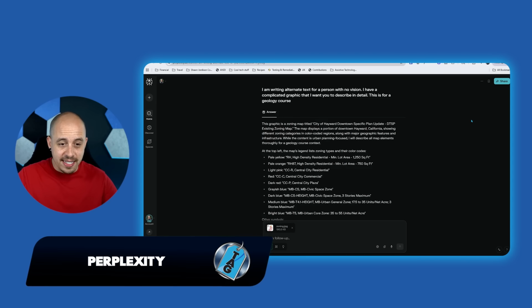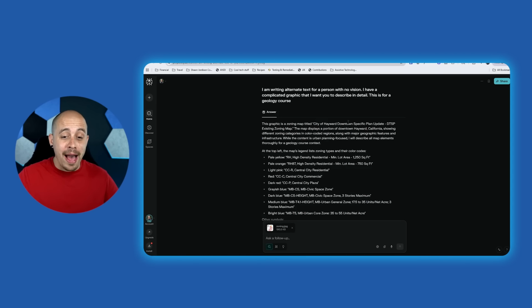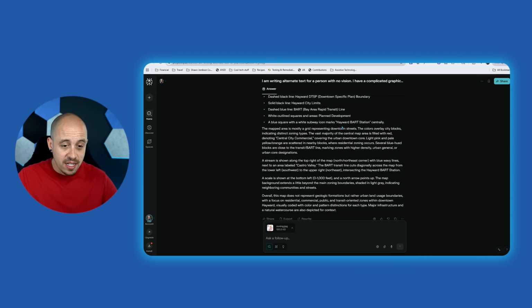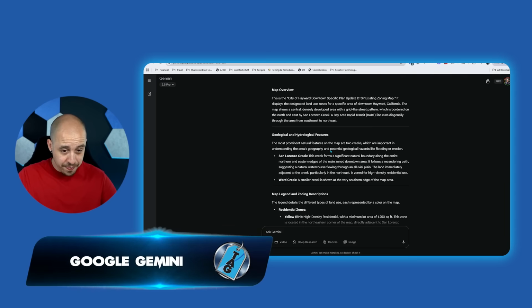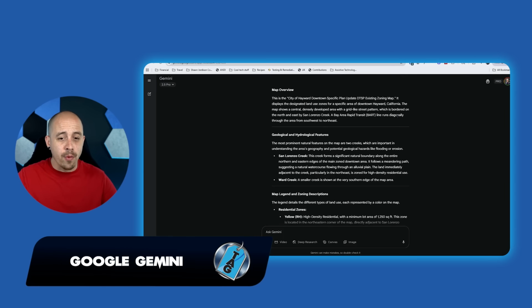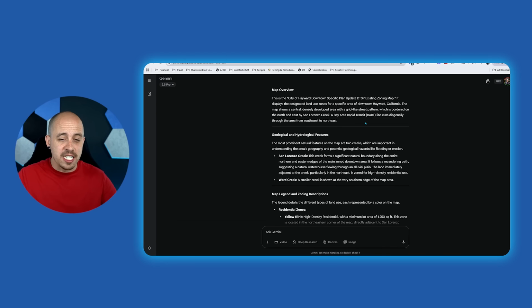So Perplexity said, the graphic is a zoning map titled City of Hayward Downtown Specific Plan Updates at the top left. Awesome. It gives us the overall content. That's pretty good. Let's check out Gemini. This is a City of Hayward Downtown Specific Plan Update. It displays the designated land use areas, geological and hydrological features,